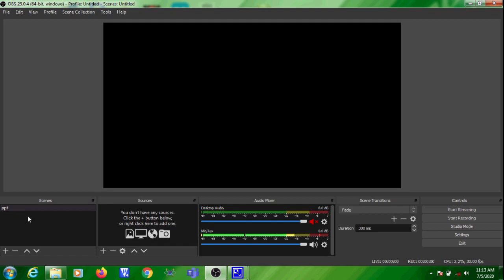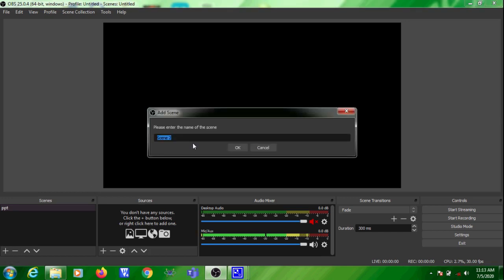Next thing you need to configure is the scene. This is the scene. That scene means whatever you are showing here, you can configure it as a scene. Right? So now you are not having any scene. At least one scene you should have. So for that you can click on this add, then give one scene name.